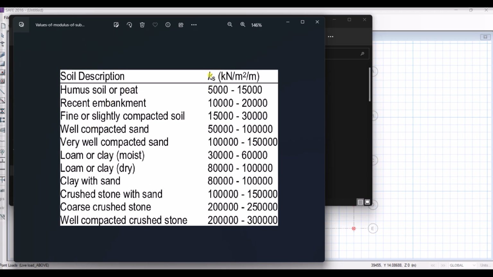So yes, these are visible. Humus soil, peat soil, this is the modulus of subgrade reaction, kilonewton per meter square per meter. So recent embankments have this. Now well compacted sand has this. I consider this a well compacted sand,